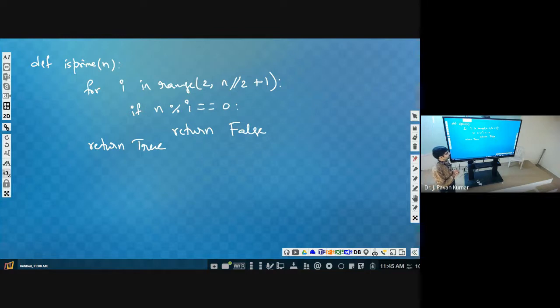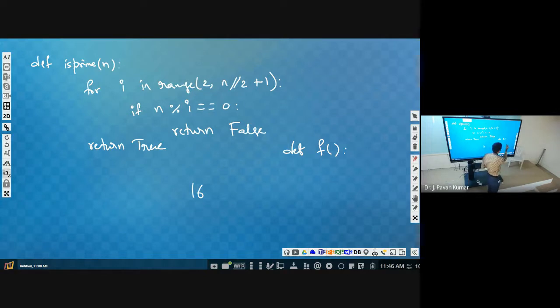The doubt here is, suppose the given number is 16. We will find a factor, so it will return false, and then again it will return true? That is the doubt. But what a return statement means is this: consider one function definition, f.